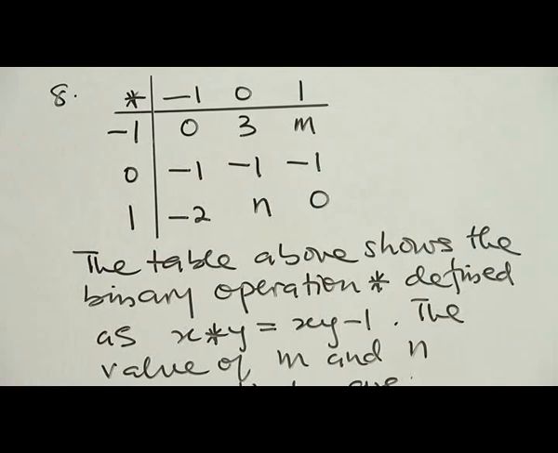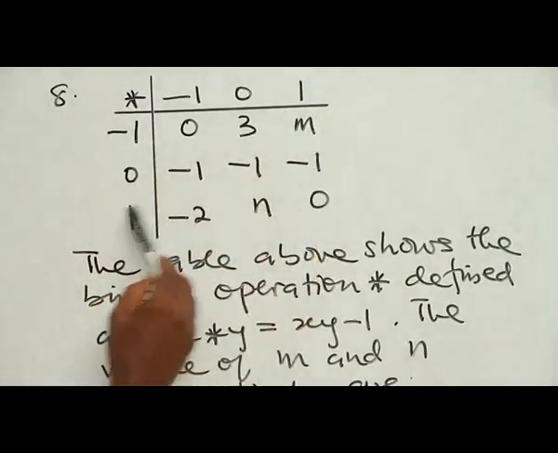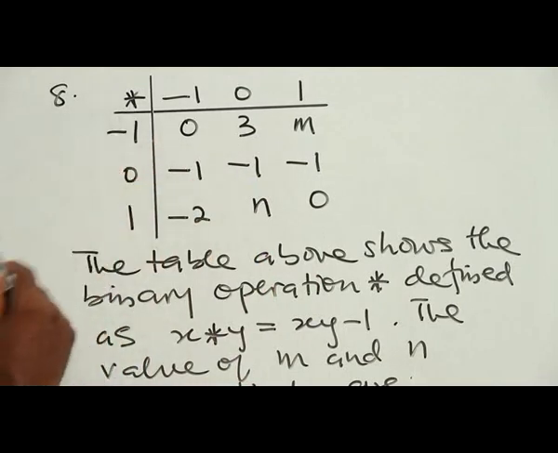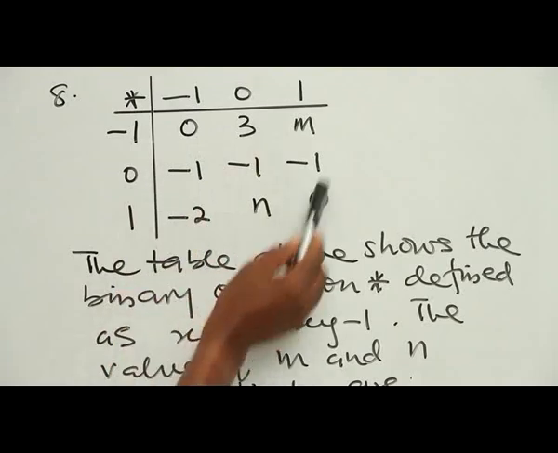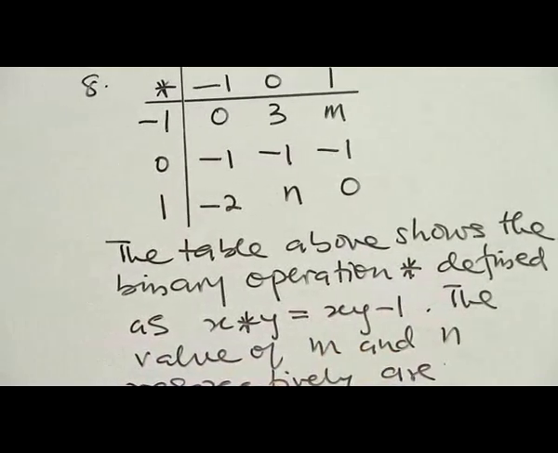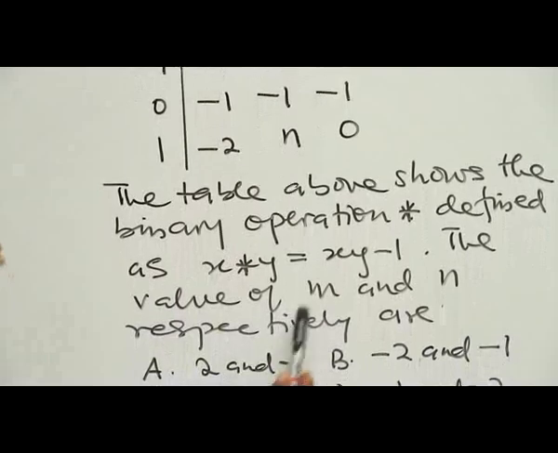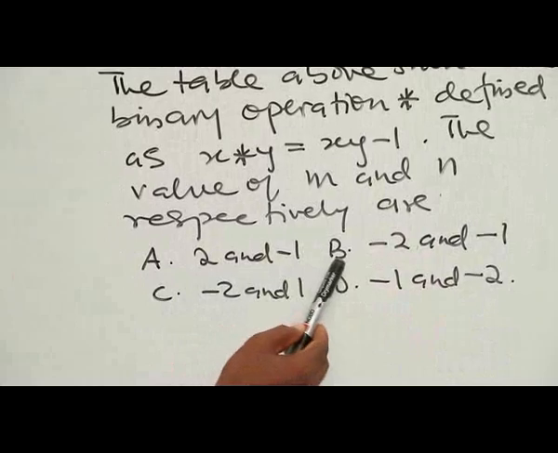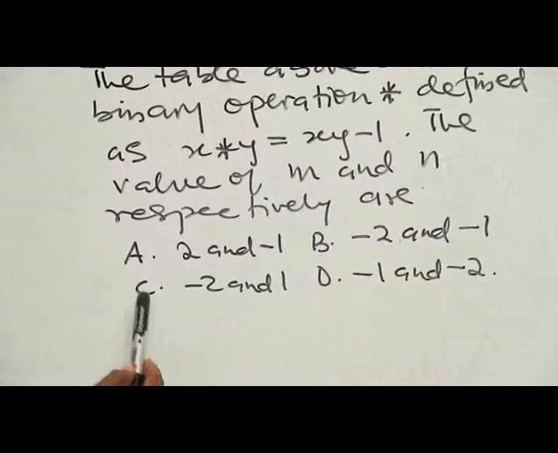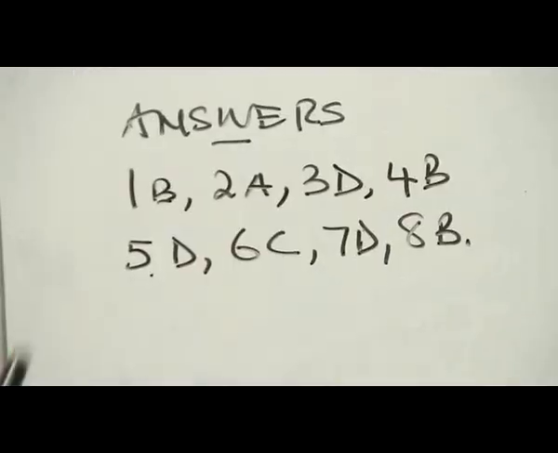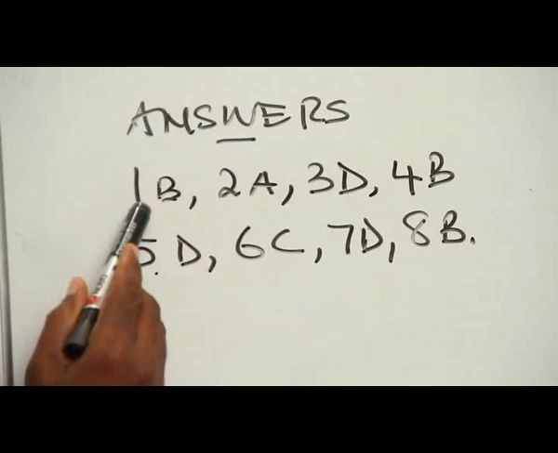Question 8. Here's another table giving you the operations star on the elements, and this is the result. The table above shows the binary operation star defined as S star Y equal to SY minus 1. The values of m and n respectively are A 2 and minus 1, B minus 2 and minus 1, C minus 2 and 1, D minus 1 and minus 2. The answers are number 1, option B,